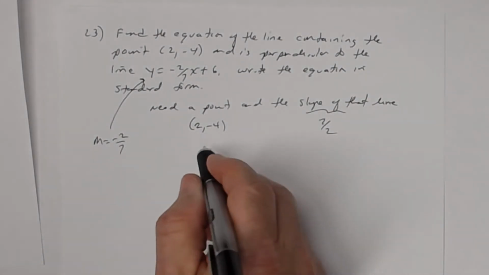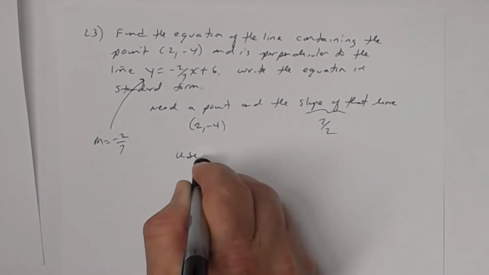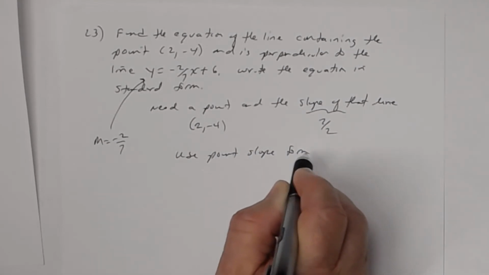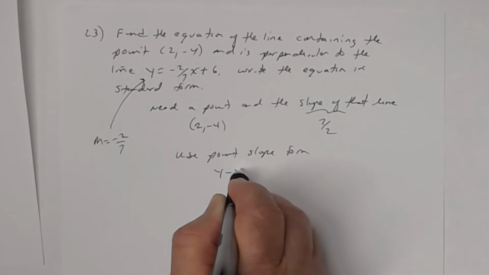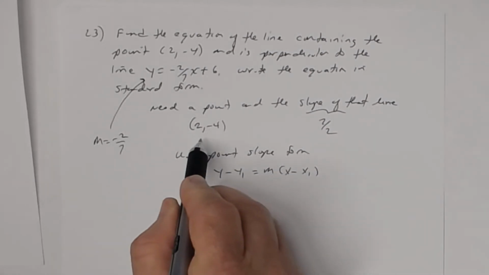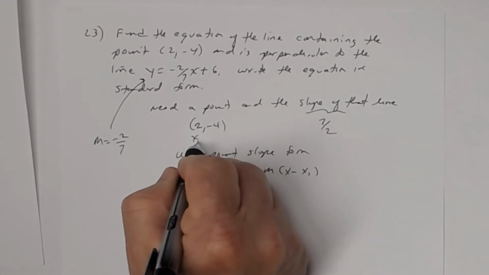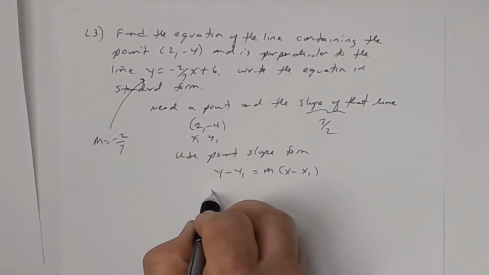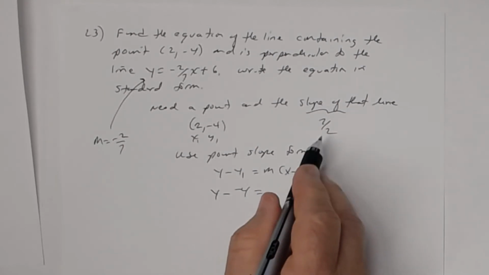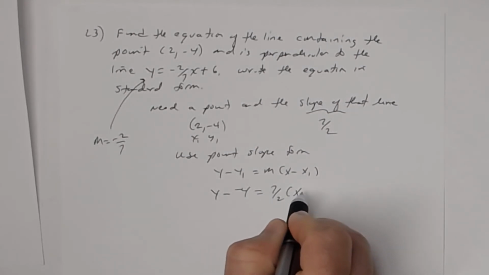All right, so I'm going to use point slope form. Point slope form is y minus y1 equals the slope times x minus x1. And so here's my point, my x1, y1, and there's my slope. So I get y subtract y1, which is negative 4, equals the slope, which is 7/2, times x subtract